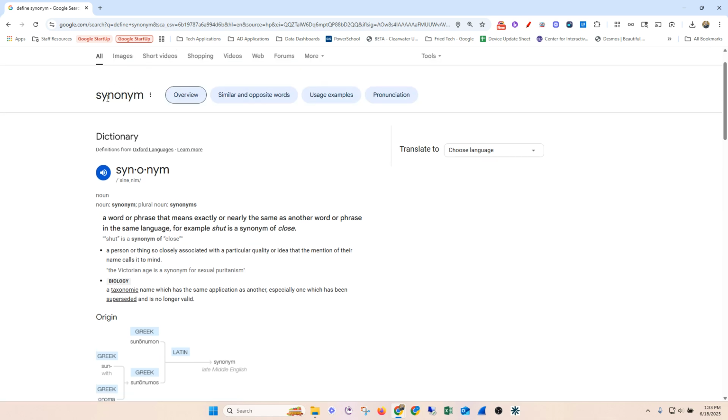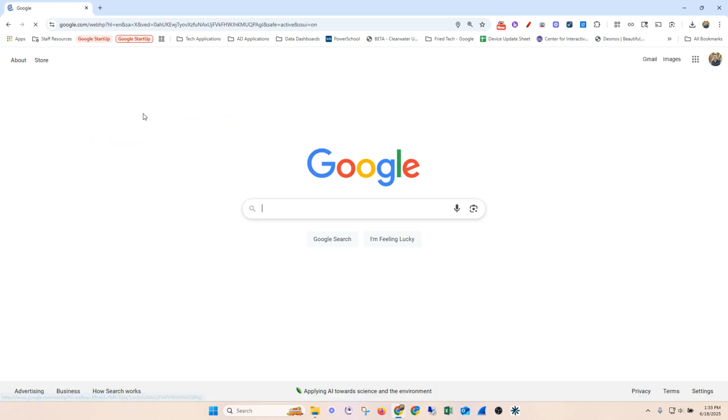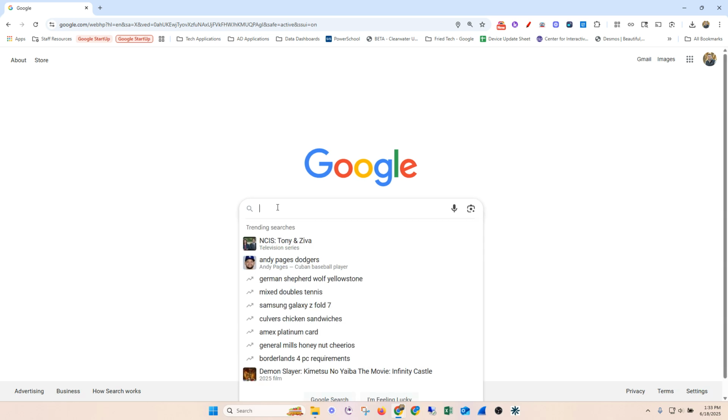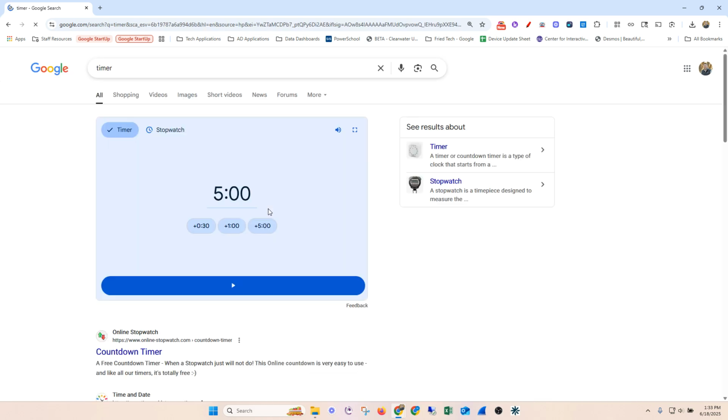Teacher's a popular one, depending on what you use or don't use. You can just do timer, and then a timer will pop up and you can use it that way. You can go to stopwatch, different options for those. You can also do,